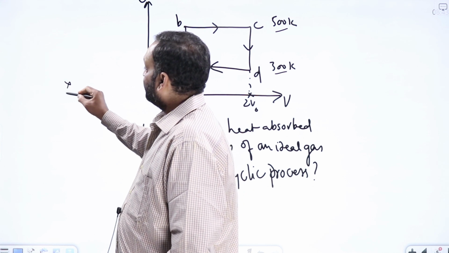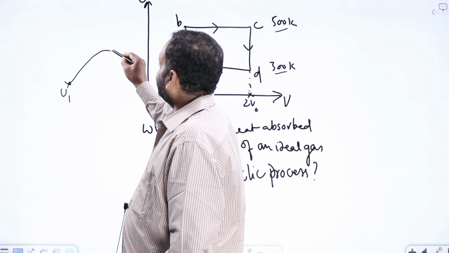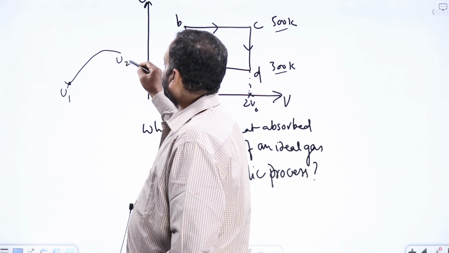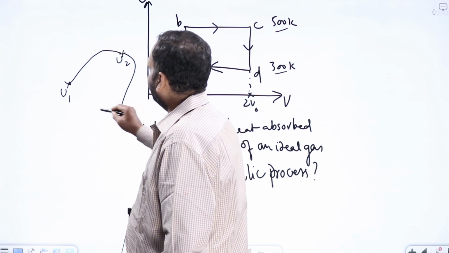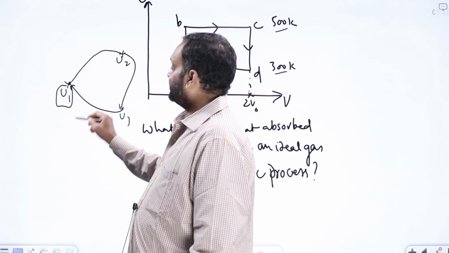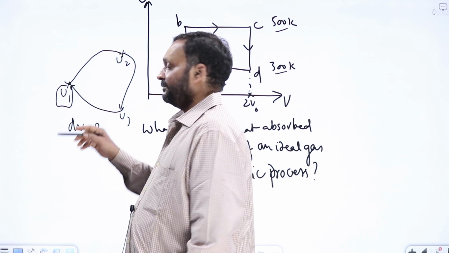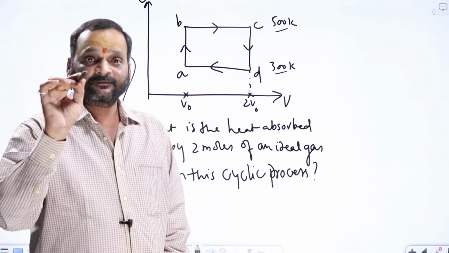You start from one point, where internal energy is U1. You make some changes and change the state to U2. Again from here you change its internal energy to U3, and if you bring it back to its initial point, internal energy will remain as U1 only. Change in internal energy dU will be equal to 0 in any cyclic process, as we have seen as an application of the first law of thermodynamics.